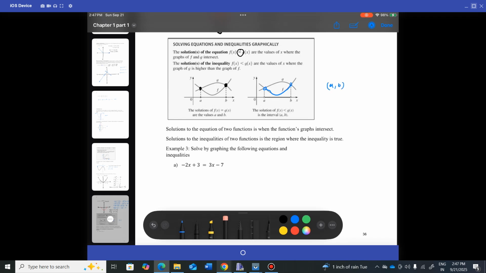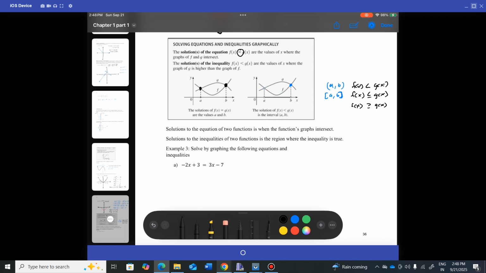This is with the less than sign. If, however, we're looking for f of x less than or equal to g of x, then those cross points are also included, and it's going to be A and B. If we're looking for f of x greater than or equal to g of x, then the region is going to be the opposite side, and it's going to be here,